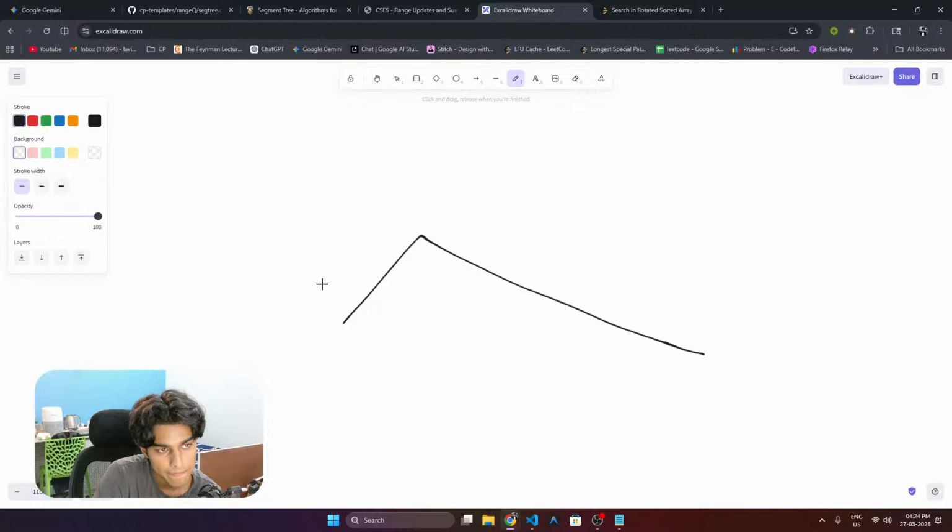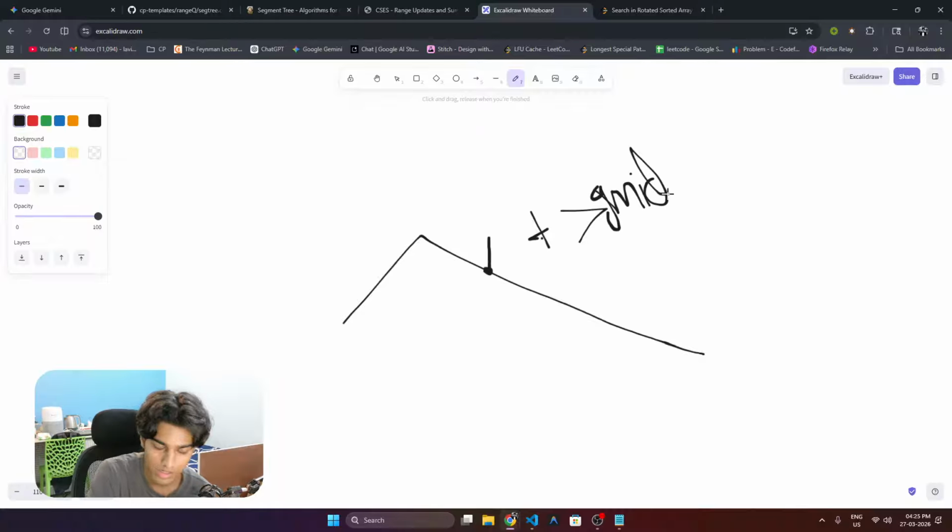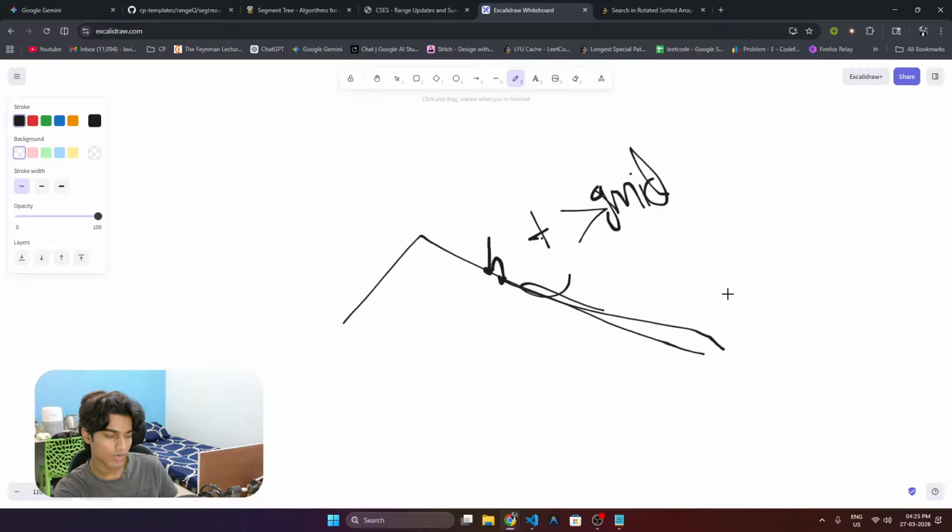Like, if my mid is over here, I want greater. If I want like target is greater, right? Target is greater than mid. Then this is going lesser, so there is no use. It is of no use. Be like this as well. So